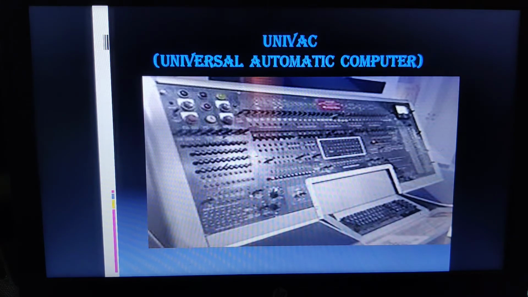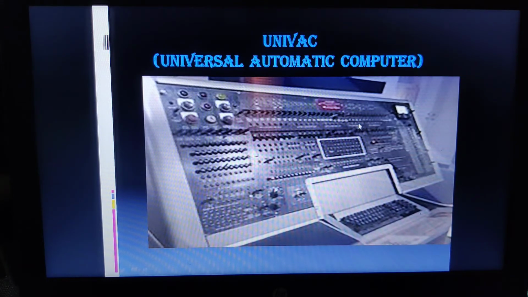Okay, so during that time, the first computer system that had come into existence was the ENIAC. ENIAC stands for Electrical Numerical Integrator and Computer, which was developed by John W. Mauchly and J. Presper Eckert. Again, there was one more computer which had come into existence, a vast improvement on the ENIAC computer. That was the Electronic Discrete Variable Automatic Computer, that is EDVAC. And lastly, one more computer had come into existence, that is UNIVAC, known as Universal Automatic Computer.